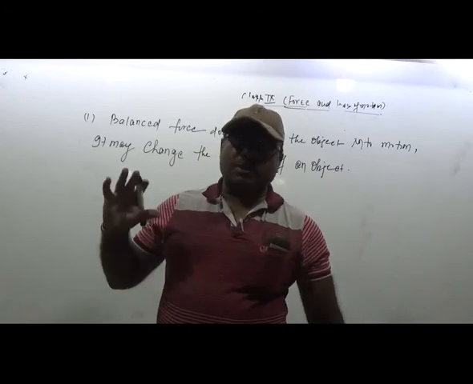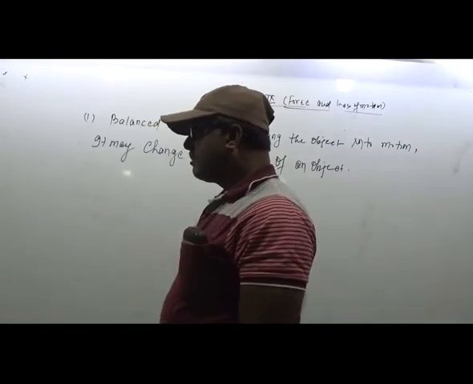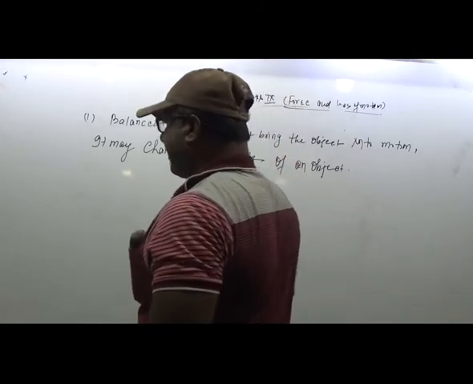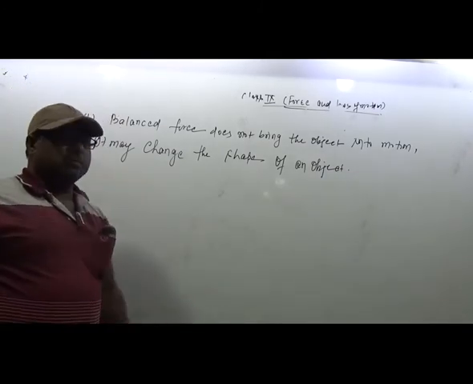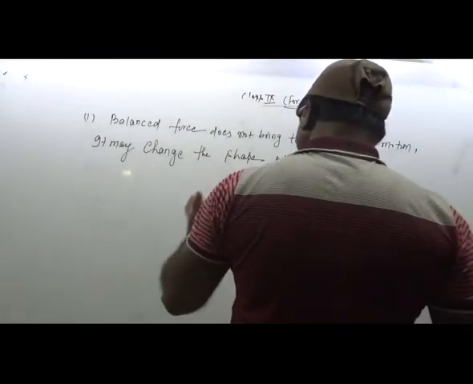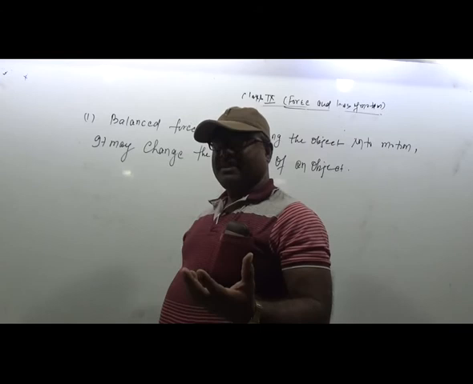Sometimes we apply the force and it does not come into motion. Try this. I am pushing the wall like this, but the wall does not move an inch. Can you tell me what happens? It is the net force, the resultant force, that